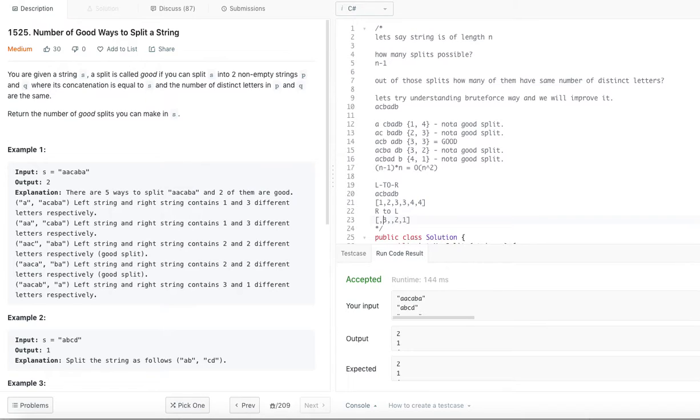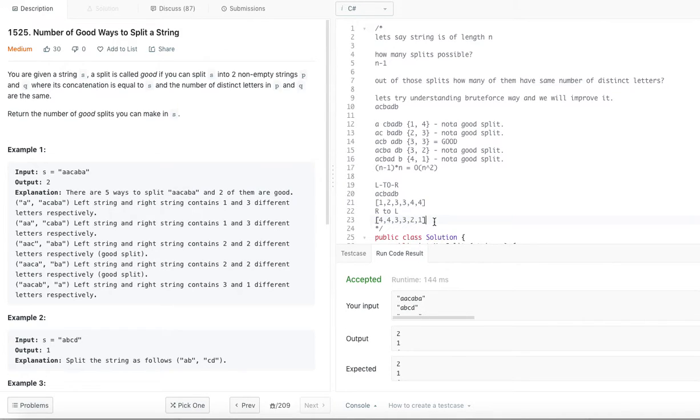Then B repeated, 3 characters. B, D, A, C, 4 characters. Then A is repeated again, so 4. So this is how it is going to be from right to left. So left to right is the above array and right to left is the below array.